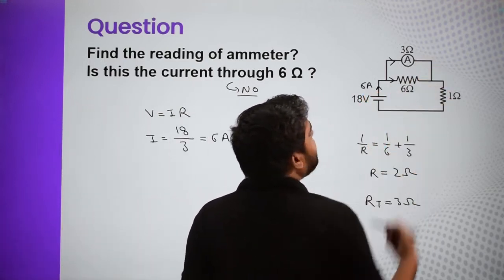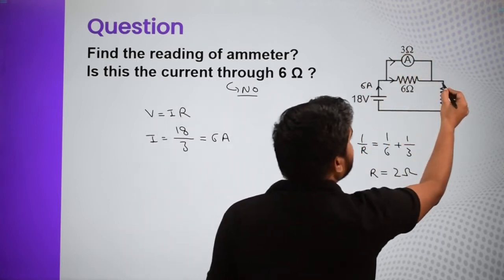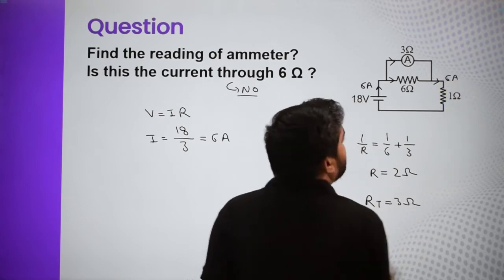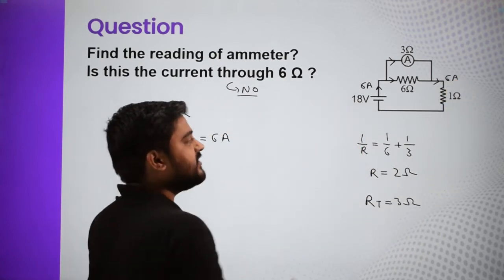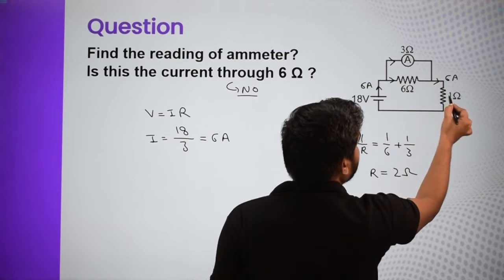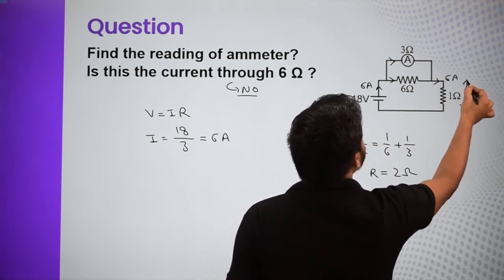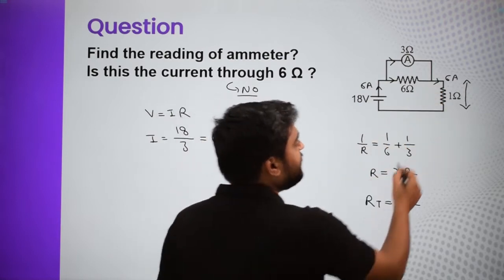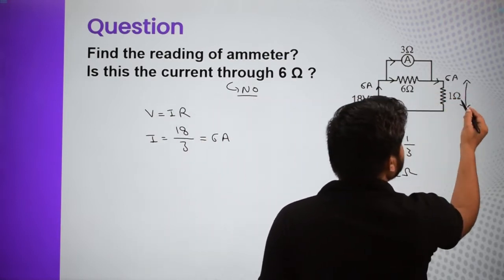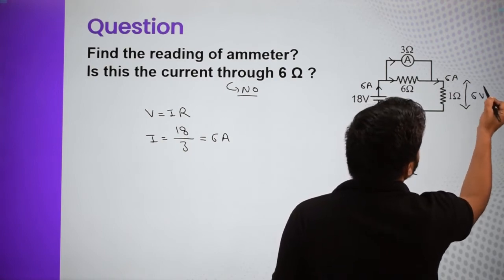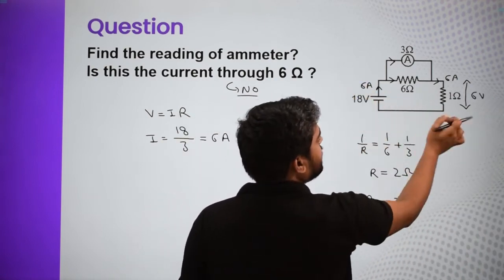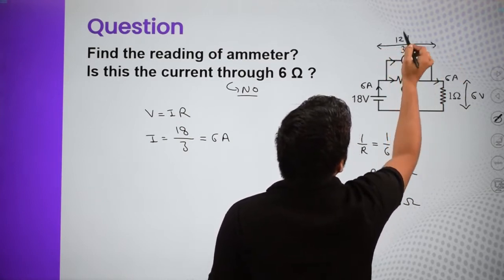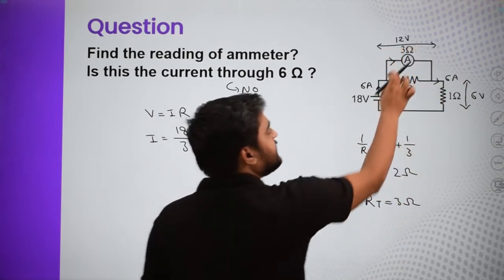Now this will get split into these two branches, and again will merge, and 6 ampere will pass through this 1 ohm as well. Now there are two options. One is to get the potential difference across this combination. So for that, what is the potential difference across this 1 ohm? So we know the current in this 1 ohm is 6 ampere. So potential difference is I into R. So I is 6 and R is basically 1. So 6 volt is there. Now 18 volt is total, out of that 6 volt is across that. So here must be 12 volt. Once we have the potential difference, 12 volt across each of them.